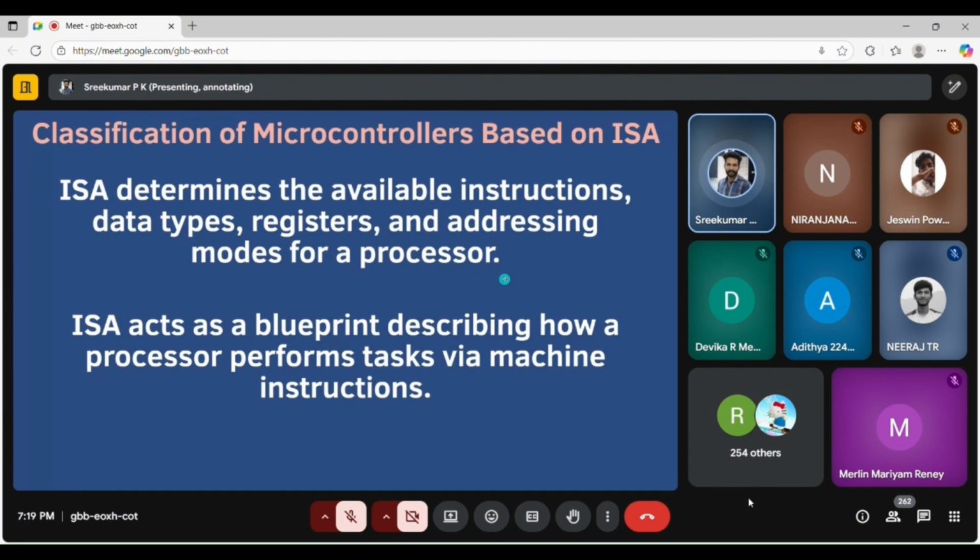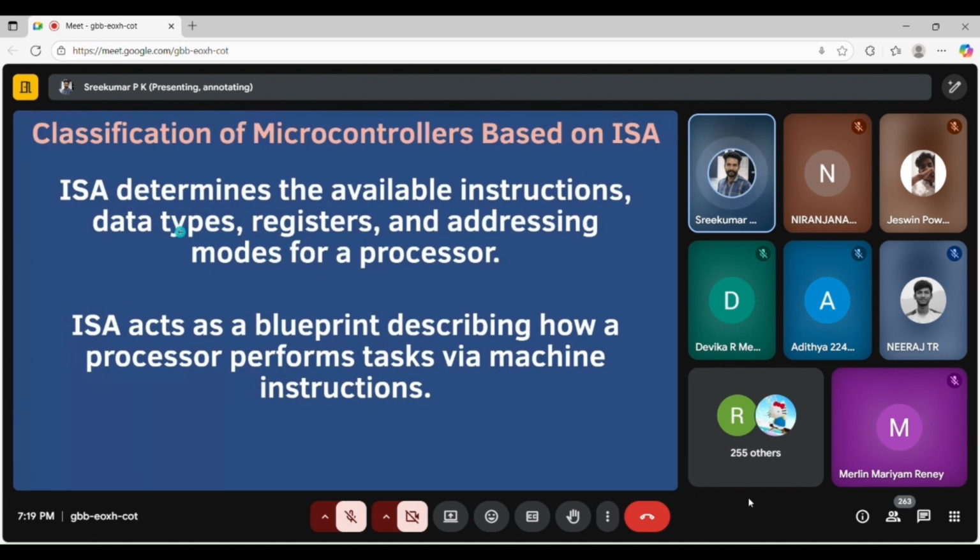If you are an engineering student of third year or fifth or sixth semester or seventh or eighth semester, you might have heard of instructions, assembly language coding, something like that. So there are so many data types, registers, and addressing modes. Addressing modes means direct addressing, indirect addressing, register addressing.